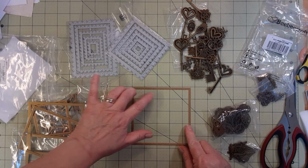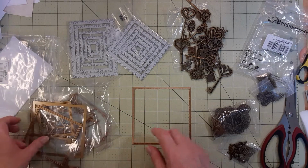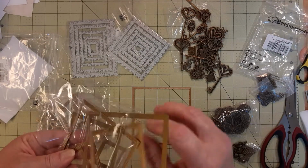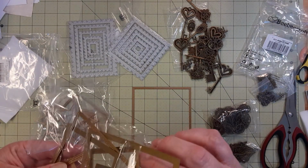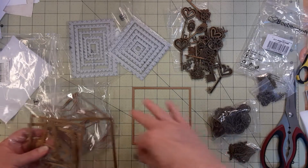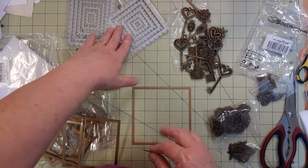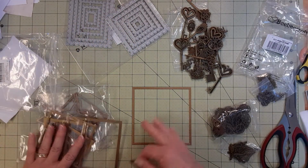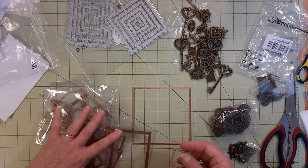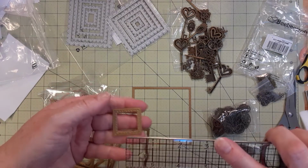Let's see, 1, 2, 3, 4. It's almost about 4 3/4. The largest one's about 4 3/4. I guess I could put this. And the smallest one, these are just stitched squares. But the fact that there's 3 different kinds of dies, and these dies that I'm going to show you. Not this. This was $10.19, but the squares, the stars, and the looks like a little Baroque die set, they were all $11.89. And